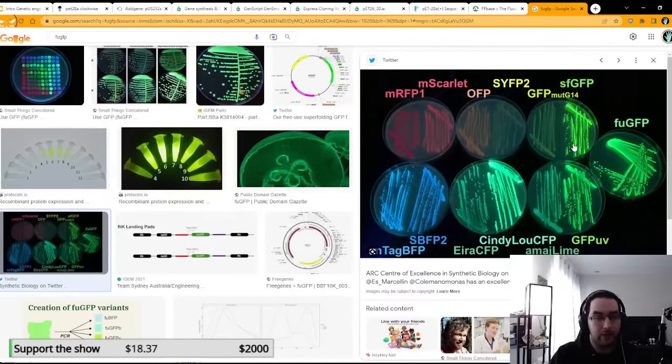Because in patent law, generally, they only let you claim ownership of a protein within about 80%. So if you change 20% of the letters, you don't get to say that it's yours anymore. So what the FujiFP people did, which I think might be the ND lab, I'm not entirely sure, but